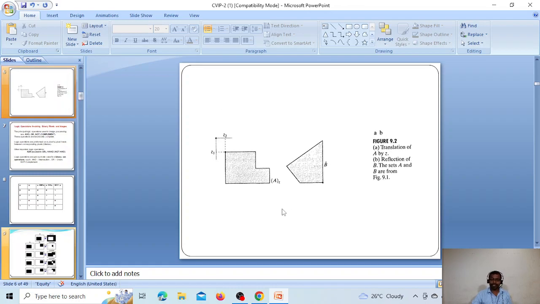So next, this is an operation of translation and reflection. The reflection we can represent as B hat. Suppose we take this point here. It is a mirror image of this particular B. Then the translation, A of Z. Here the point Z is Z1 and Z2, which is added to your set C. So we can calculate the particular translation by using this formula. A of Z is represented like this.